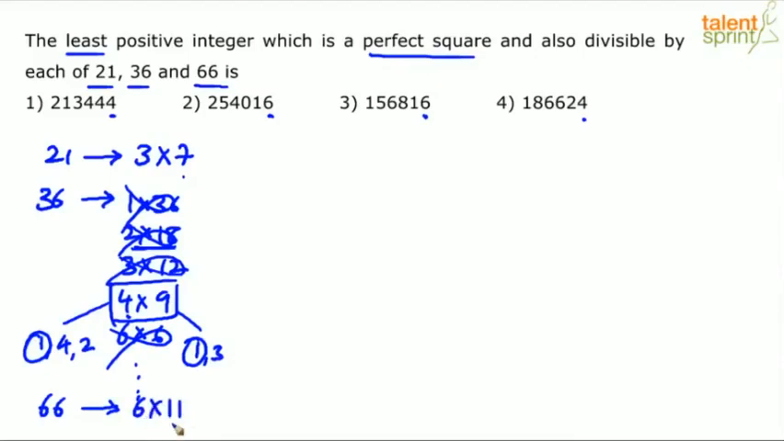6 and 11 are also co-primes, right? Common factors: factors of 6 are 1, 2, 3 and 6. Factors of 11 are 1 and 11. What is the highest common factor? 1. So basically, you'll have to check the divisibility for 3, divisibility for 7, divisibility for 4, for 9, for